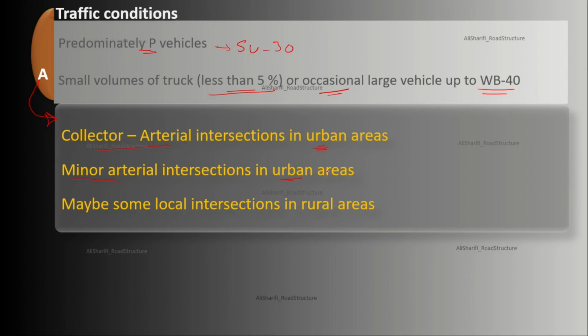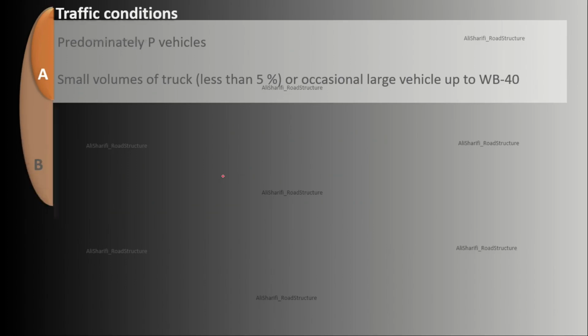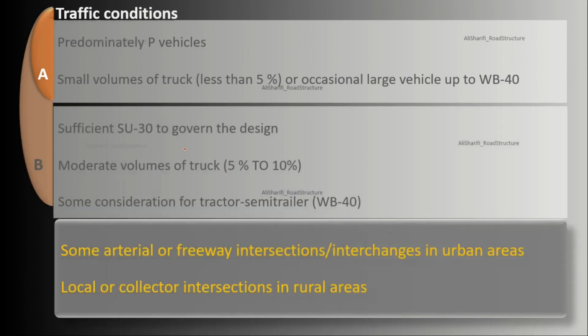Despite the low volume of trucks on some local roads, maybe you don't want to consider this traffic condition in a rural environment, except in some local intersections where the right-of-way is restricted and does not fit the wider widths of traffic condition B. The next one is traffic condition B, where the proportion of trucks in turning traffic is in